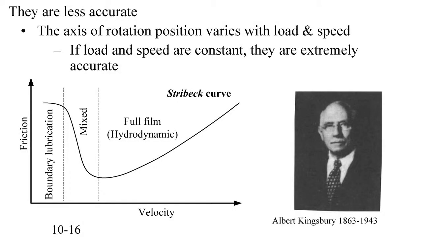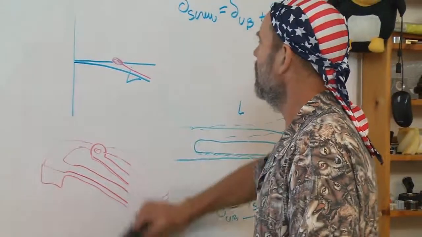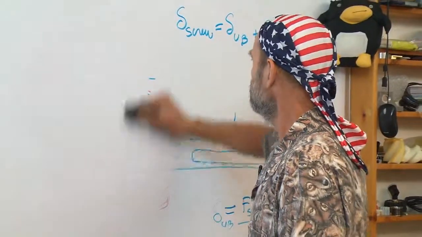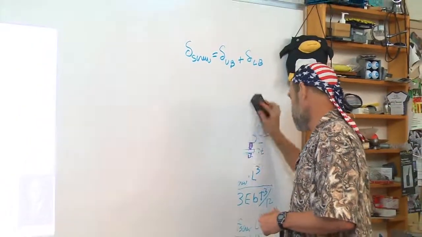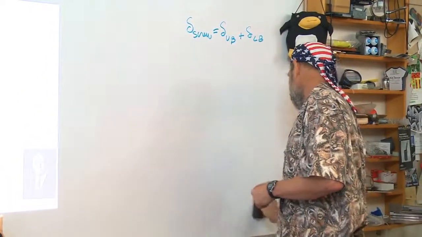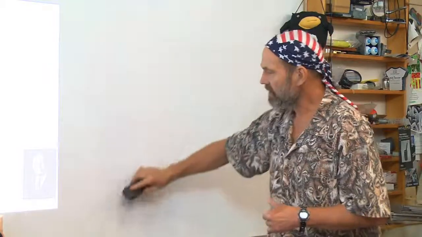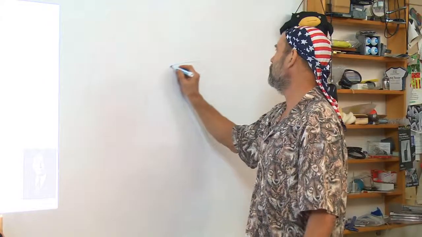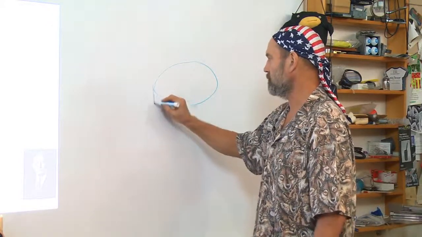And then Albert Kingsbury lived a little bit later, late 1800s to the mid-1900s. Very famous person, for he took the idea of hydrodynamic bearings and invented what was called the Kingsbury thrust bearing, or the tilting pad thrust bearing. And many of his bearings built in the early 1900s are still in use. Where and how? What these tilting pad thrust bearings do, and tilting pad bearings for radial motion too,